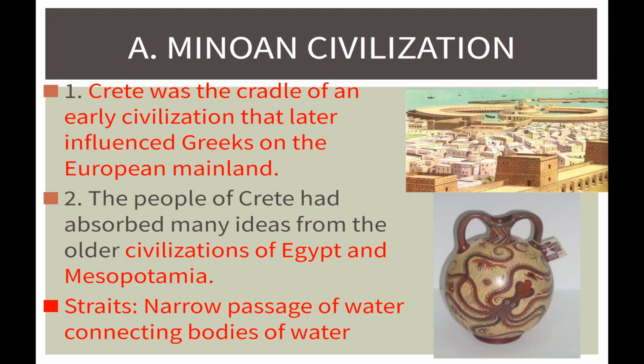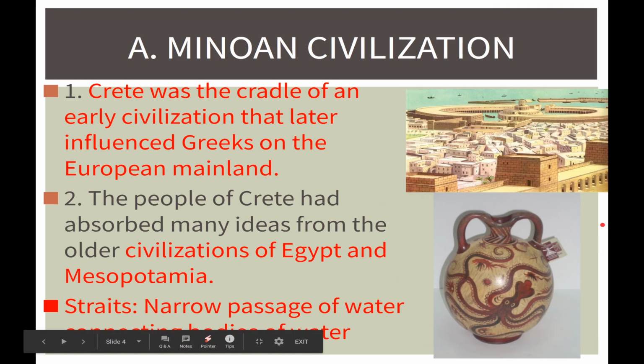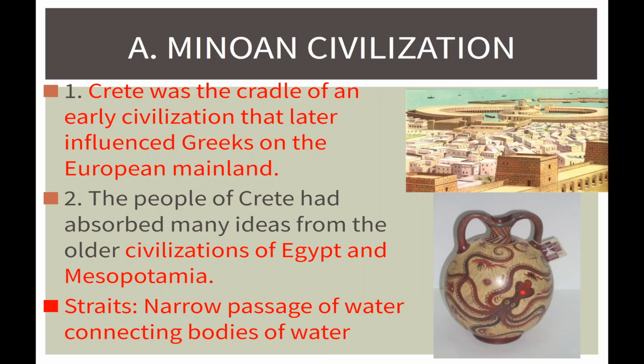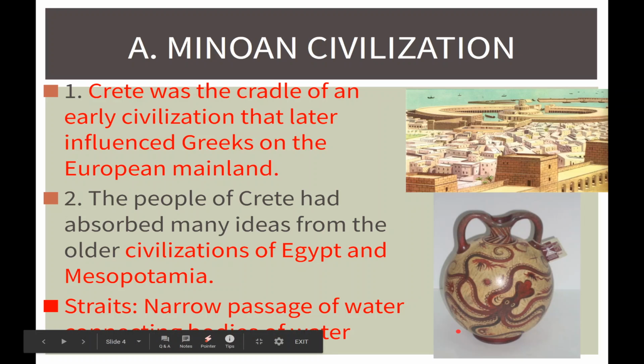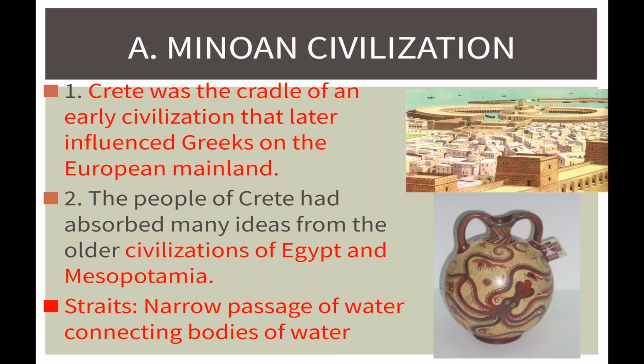So these are different examples of straits that kind of come in and really set this place up. The Minoans are very familiar with water. And as you can see archaeologically, we can even prove this. Look at this vase that we have from this time period, and look, an octopus is on it. So we know that the sea and the sea animals and all that kind of stuff really played a big impact on